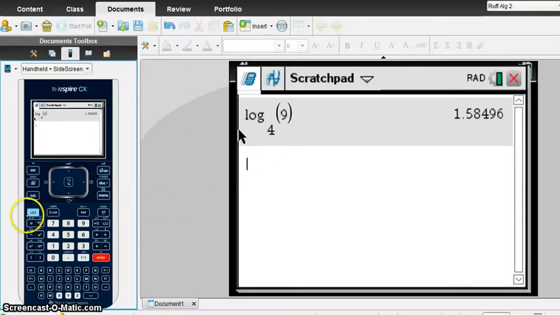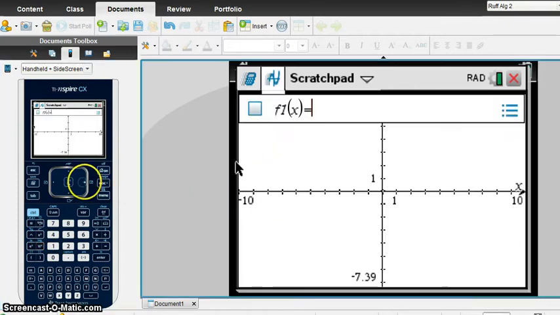All right, when you're using our new calculators, if you're doing common log, you actually don't even have to type in the base. It allows you to, but if you just don't type anything there,